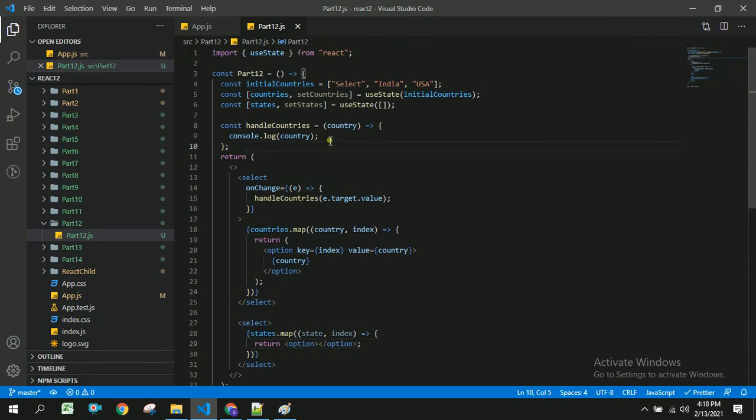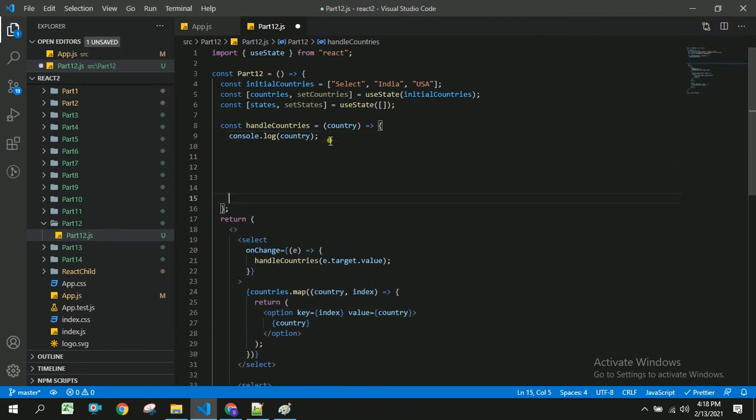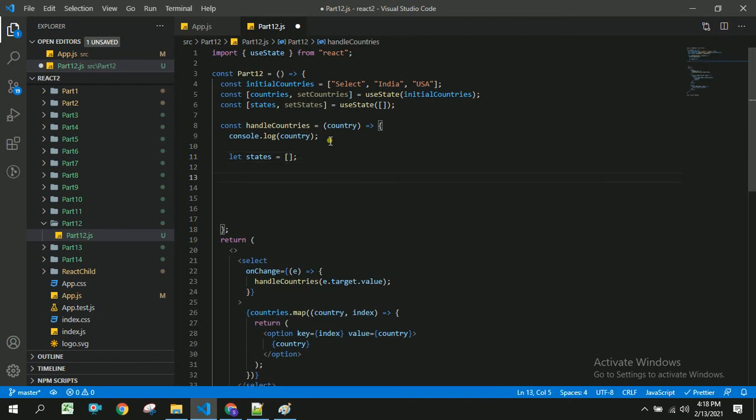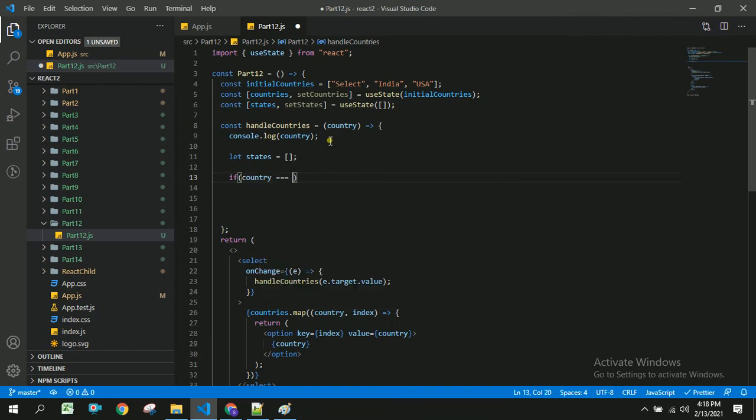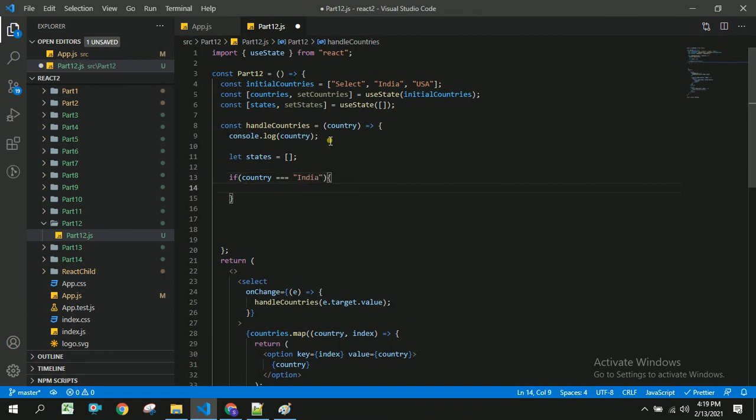And before that, once the user changes any country, I am going to push the data into the states dynamically. So I am going to take some temporary states equal to empty array, and once the user changes this, if the country equal to India, then states equal to the Indian states.